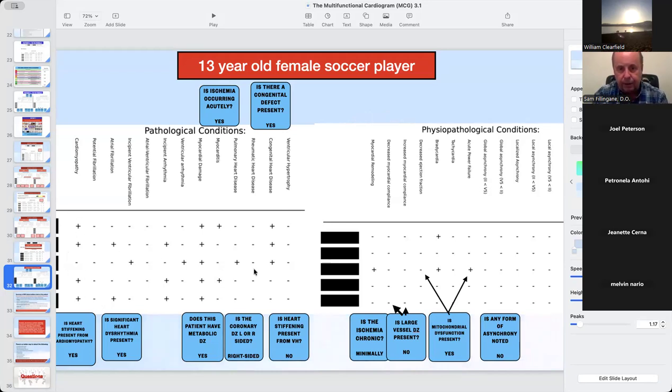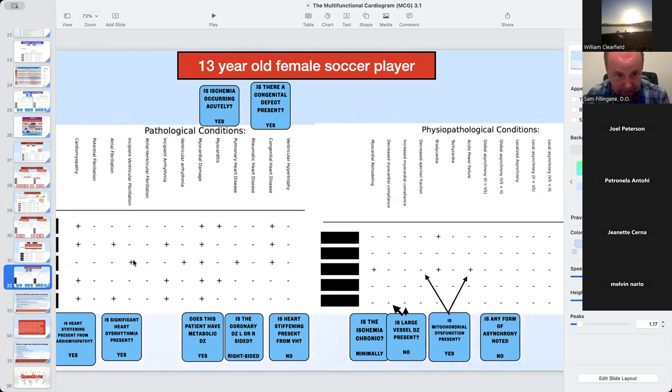Now, when we look under, does the patient have mitochondrial dysfunction? She has 1 out of 5 under acute power failure. She has 0 out of 5 under decreased ejection fraction. So she's 1 out of 10. Lastly, we look under rhythm disturbance potential, and she's 2 out of 5 positive under atrial fibrillation. She's 1 out of 5 positive under ventricular fibrillation. That right there